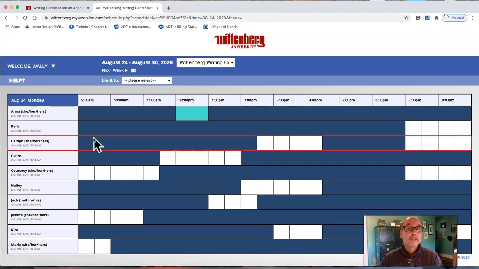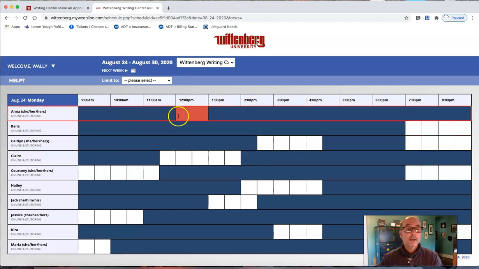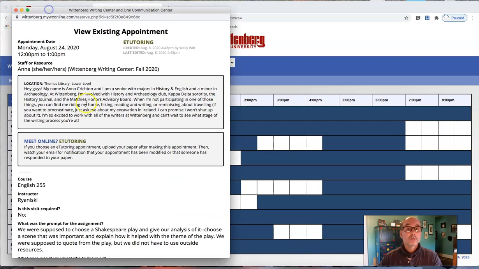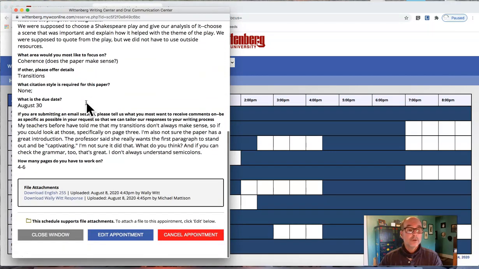Now, I did want to show you what it looks like when you go to retrieve your paper. So, if it's 1 o'clock on Monday the 24th, you can log back in and reopen the appointment, and you'll notice down here that the response has loaded. So, you can open that up,